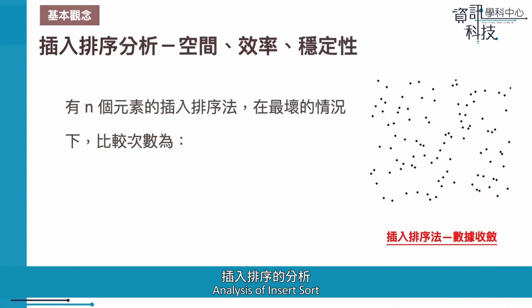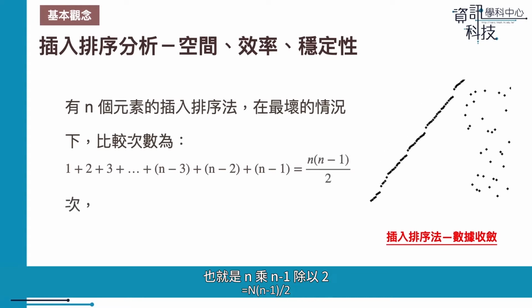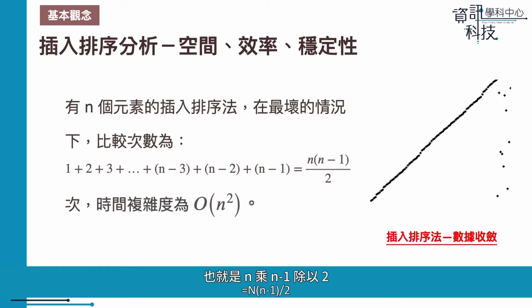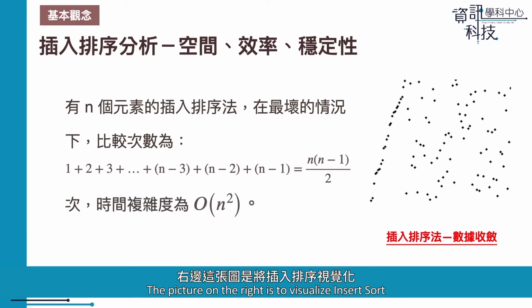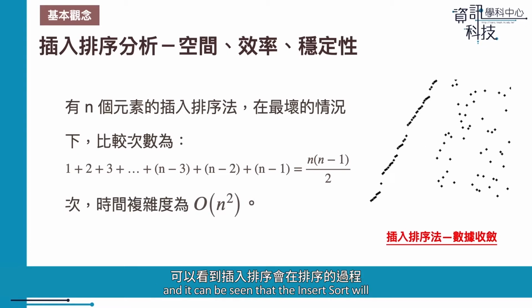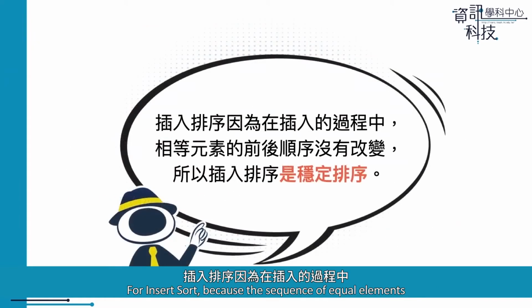Analysis of insert sort. The insert sort algorithm with n elements, in the worst case, the number of comparisons is 1 plus 2 plus 3 plus ... plus n-3 plus n-2 plus n-1 equals n times n-1 divided by 2. The time complexity is n squared. The picture on the right is to visualize insert sort, and it can be seen that the insert sort will continuously shape the sorted appearance during the sorting process. For insert sort, because the sequence of equal elements does not change during the insertion process, the insert sort